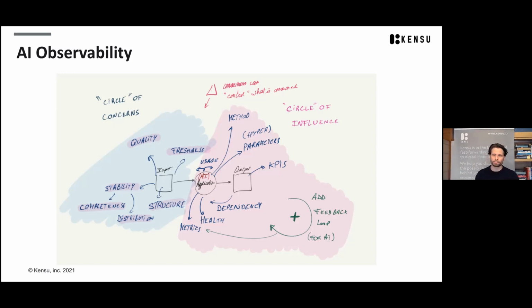Now, there are two circles that I like to represent here. There is the pink one and there is the blue one. There is the circle of influence. This is the circle of me. Let's say I'm the Python writer, so I'm writing the Python code. I'm writing the application in the middle, right? So I have almost full control on producing the information about the method I used, the health of my application. I can produce some logs about that. I can create the feedback loop. I can produce the right KPIs for myself, etc.